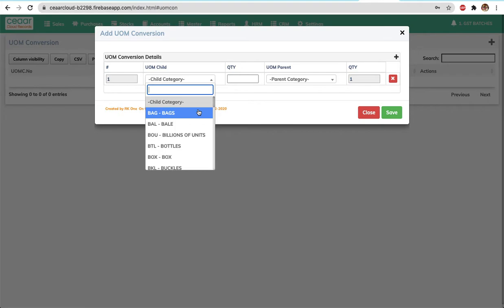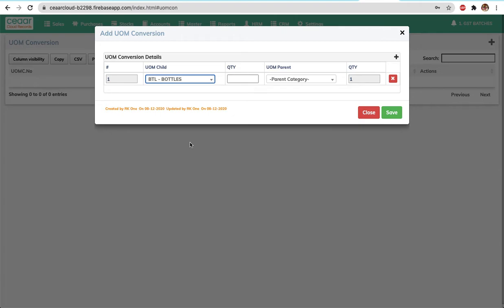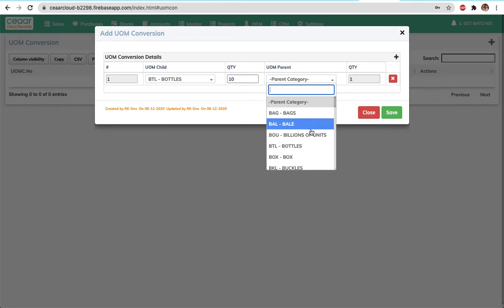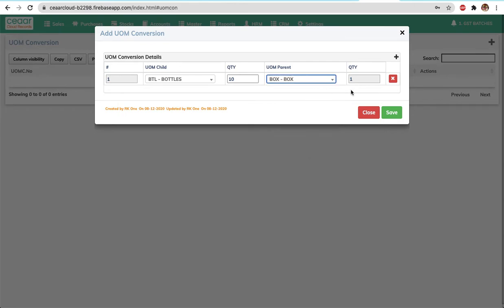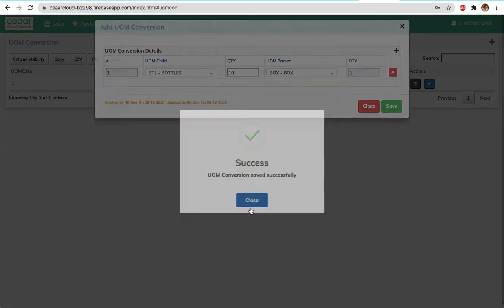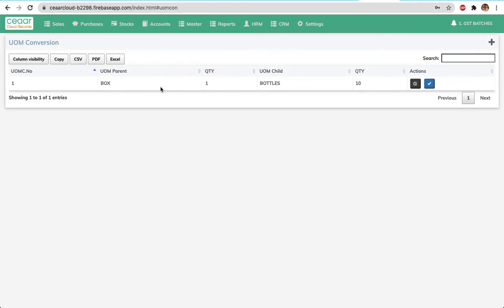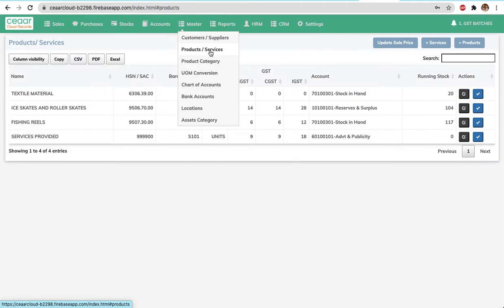Now, let us say the child is bottles. 10 bottles are there in one box. This indicates that this particular one box has 10 bottles, and how it is to be used in the products.